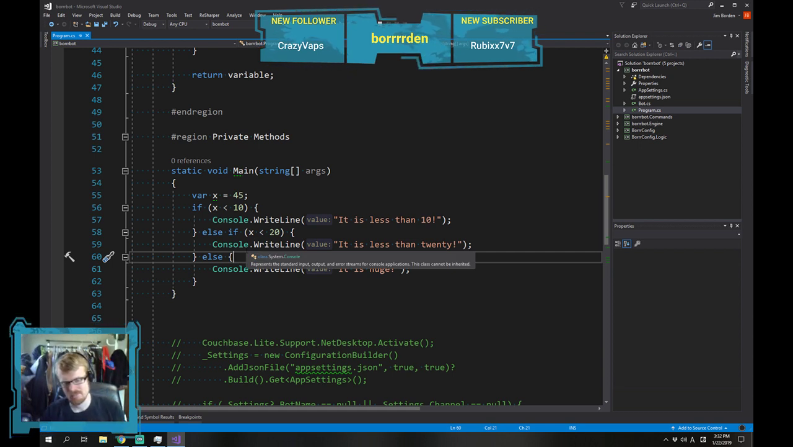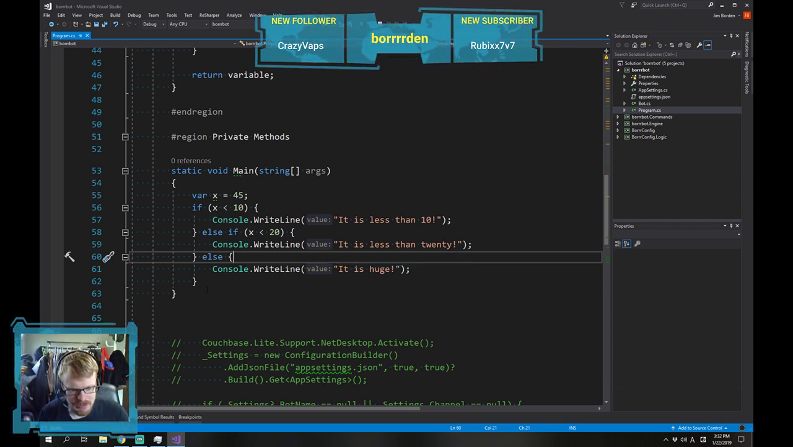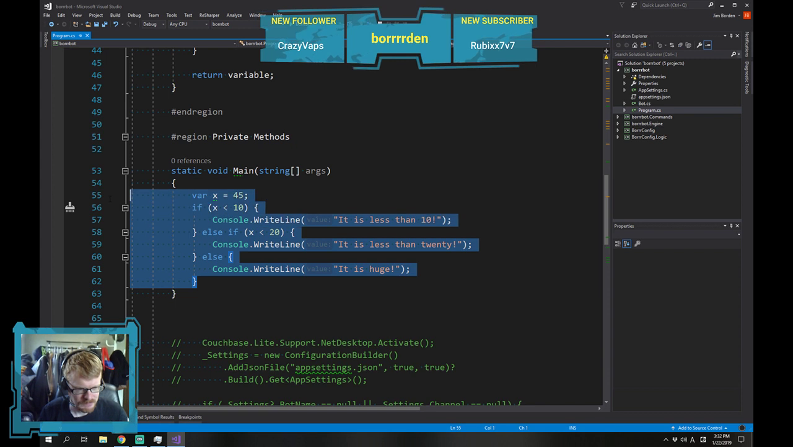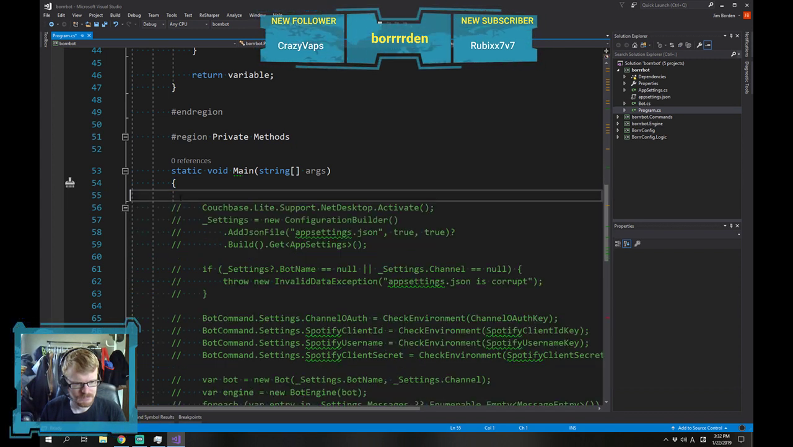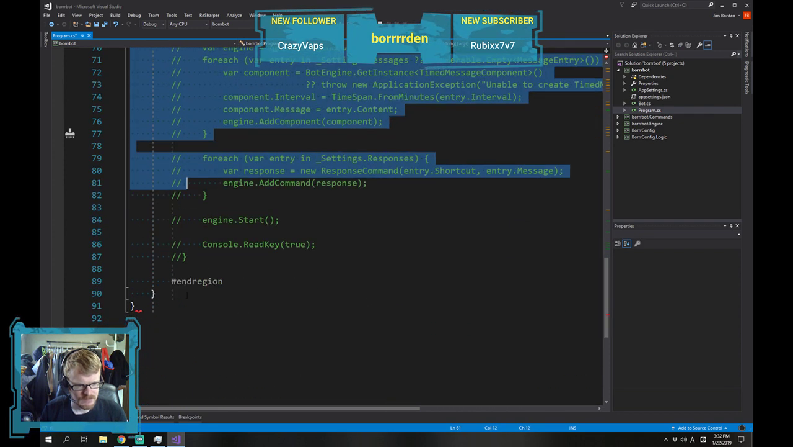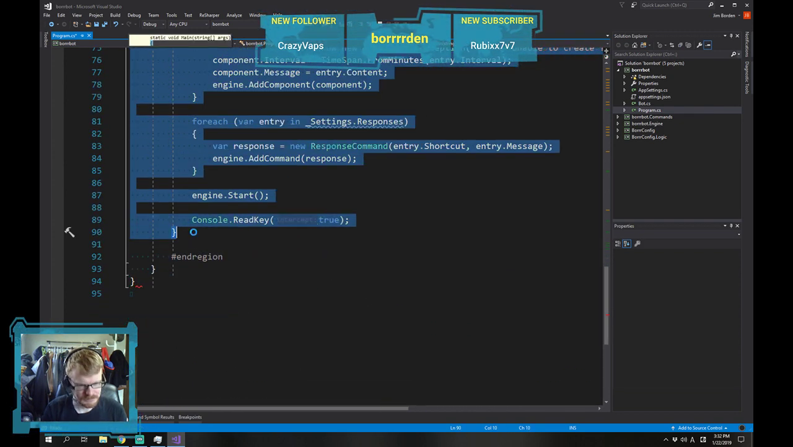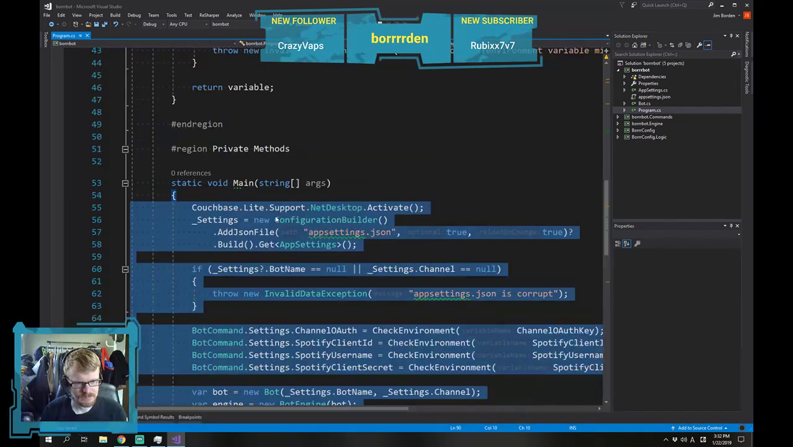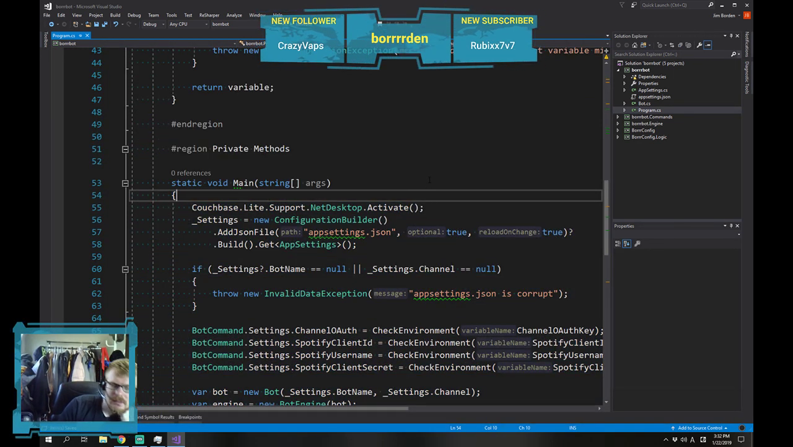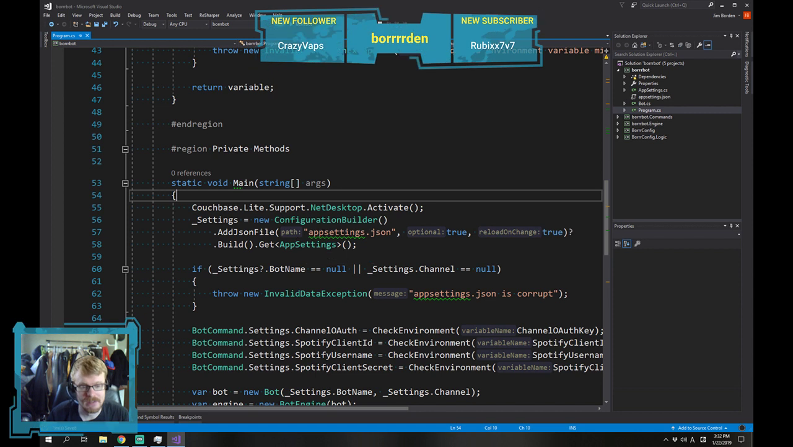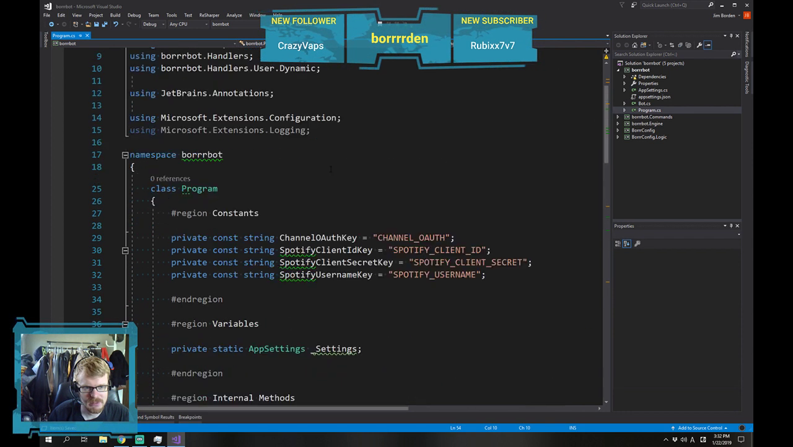Alright, so with that basic review out of the way, let's add this back in. So, some things that I'm doing in here. I have a settings file here in appsettings.json. This configuration builder is something that I got from Microsoft,